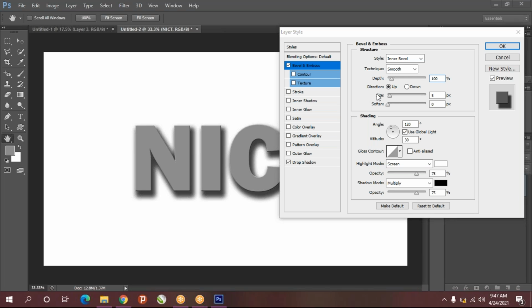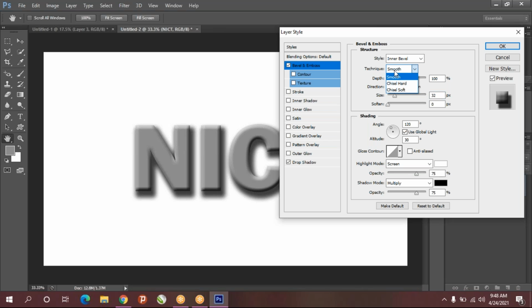And after enabling bevel and emboss, increase the size, and you can see it looks like a little bit of bump over there on the edges.